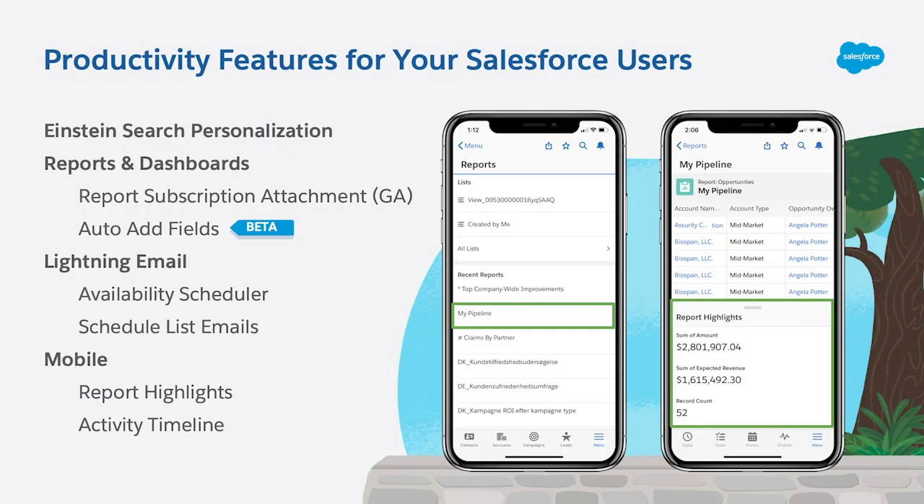All right, we do have so much to get through. I'm going to start off with productivity features for your Salesforce users. First of all, Einstein search personalization is now GA. This is a way that you're going to enable all your users to get what they need to see very quickly without having to do a lot of searching. Because guess what? It's smart. It's powered by Einstein. I'm going to show you in the demo I'm going to do in a minute about how to enable that. It's really easy, and I highly recommend you enable it because it's going to make your